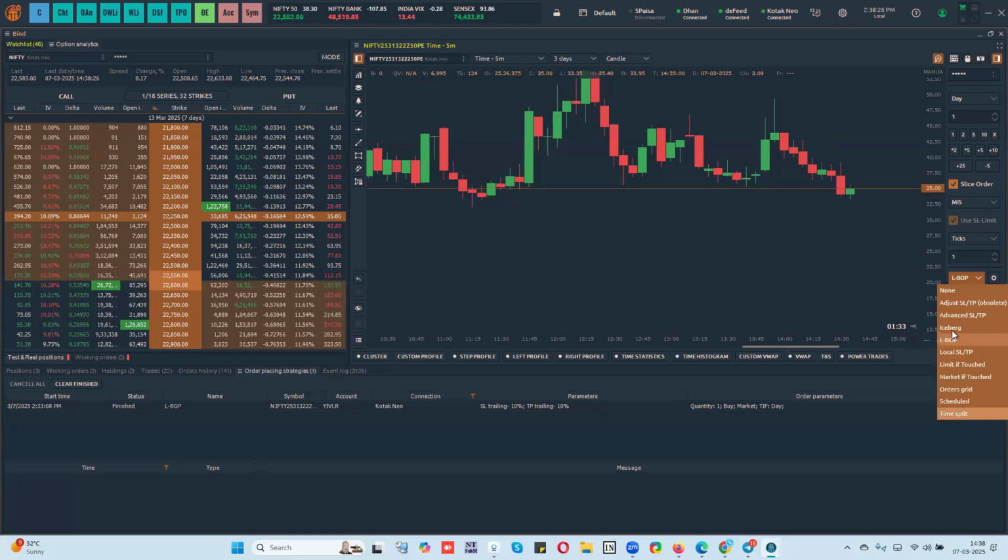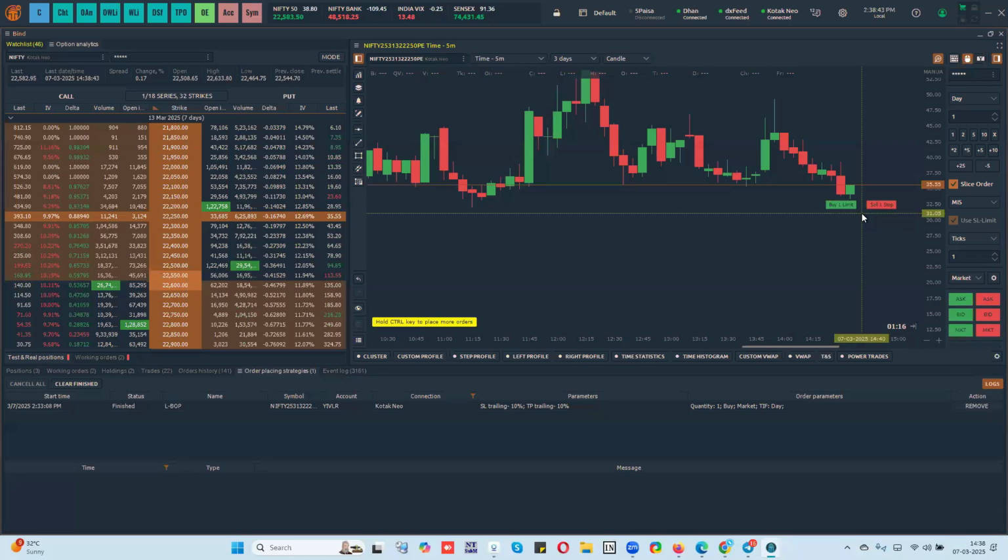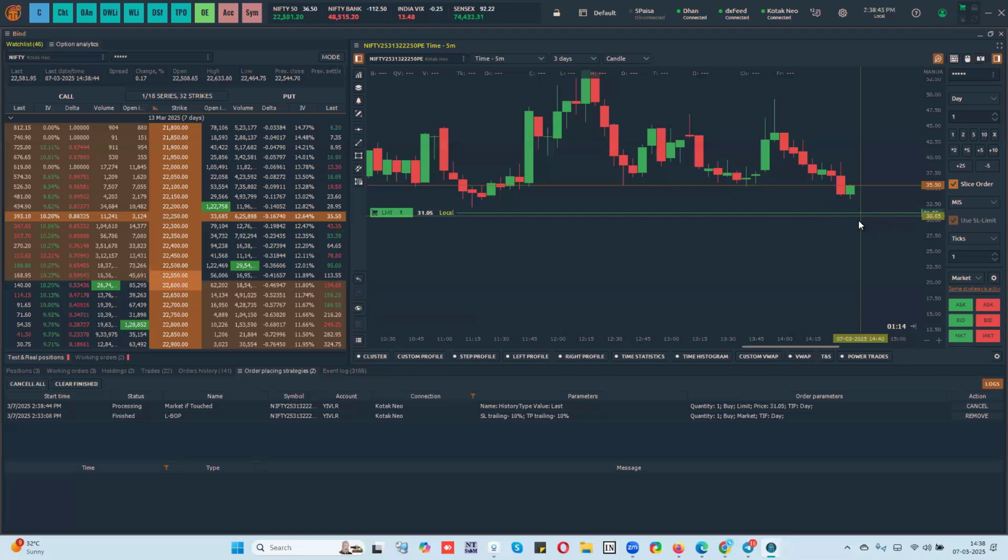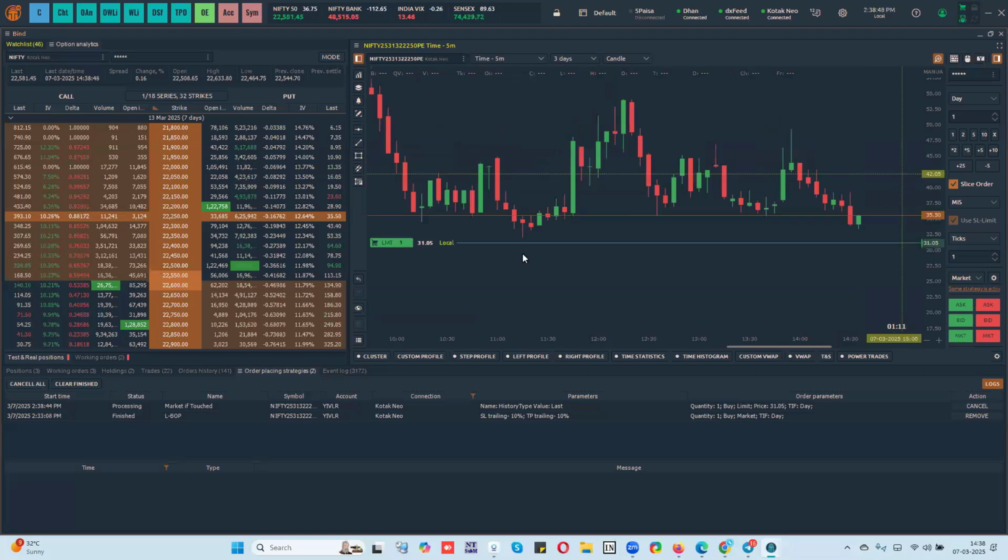These are local orders, like an iceberg, which means you can send one order of the one trade after the other. So you can do this as well. You can place a market if touch order, which means, for example, I select here and I place an order here. When I place a market if touch order, the order will remain in your system unless and until the price is touched. The moment the price touches 31.05, it will send to your broker. Until then, the margin will not be utilized at your broker end.